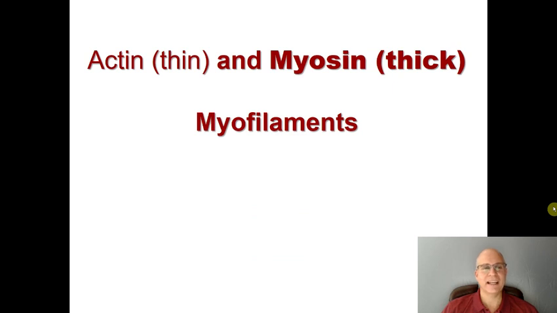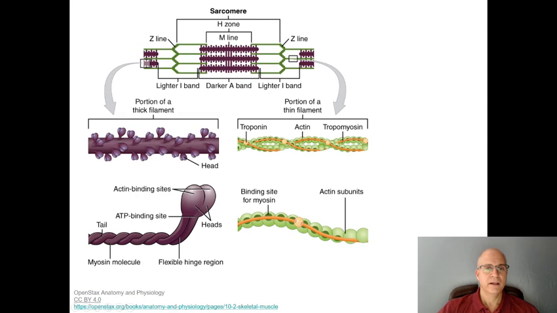All right, let's start looking at the actin or thin myofilaments and the myosin or thick myofilaments in some greater detail, because it's the qualities of these actin and myosin myofilaments that are going to allow that muscle fiber to contract. So here we see a much better drawing, certainly with a lot more detail than what I was showing before. Here is our M line, that big vertical line right here. Here's myosin and myosin and myosin, and we've got actins in green and a Z line that's connecting the actins